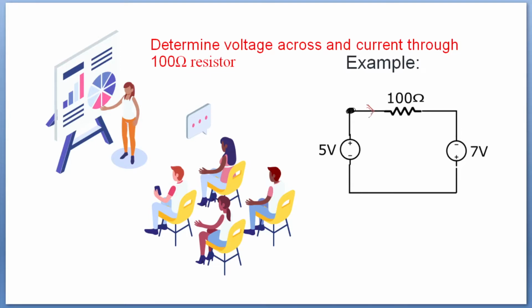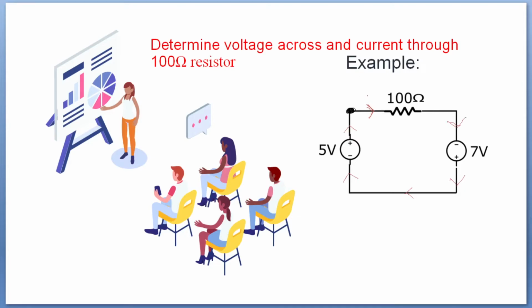The direction of path is in this direction, or you can say the direction of current I am taking is in this direction, that is clockwise direction. So this is the direction of current I am taking. See the path now which is starting and terminating at the same node. So this is said to be path.